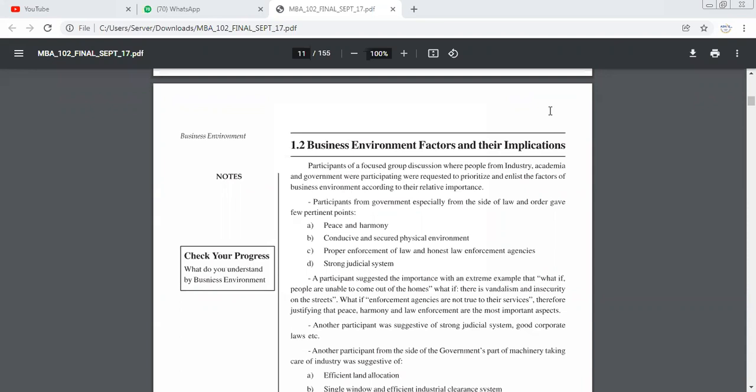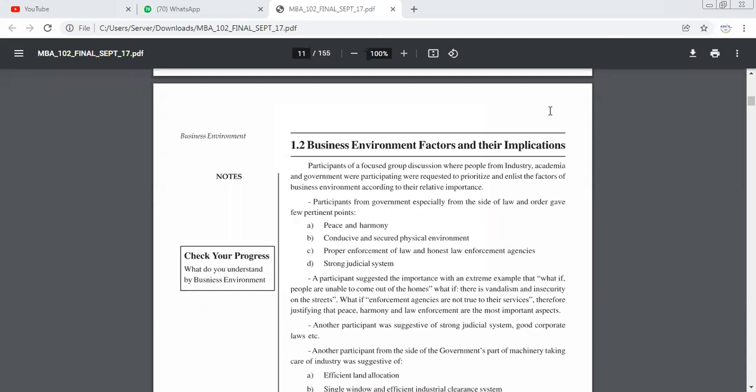So the environment also affects the location. If you go to a rural area, you will face a lot of challenges, and to some extent there will be no solution. Any entrepreneur cannot change things by their own way.